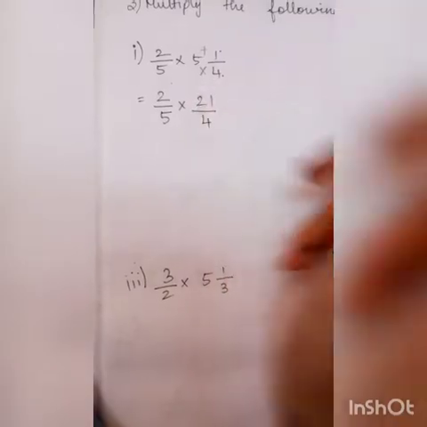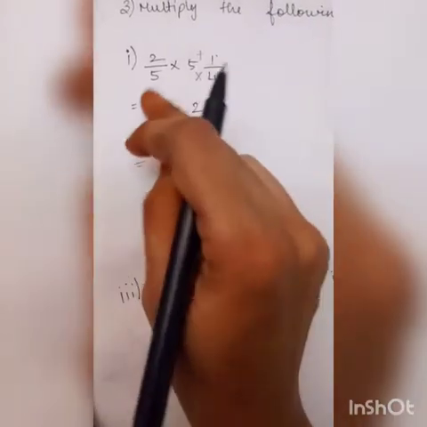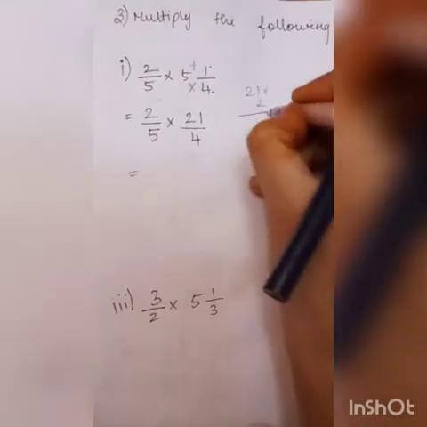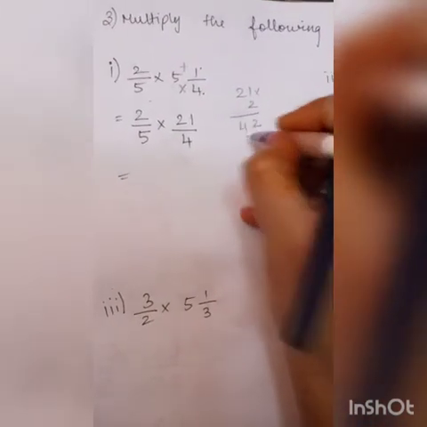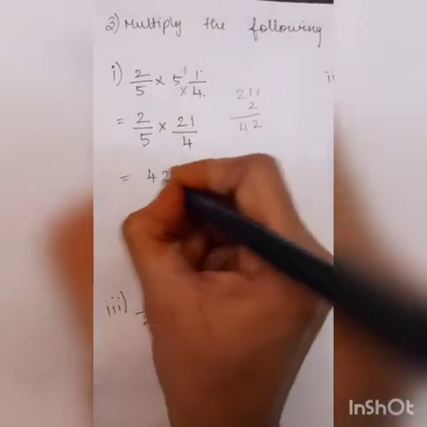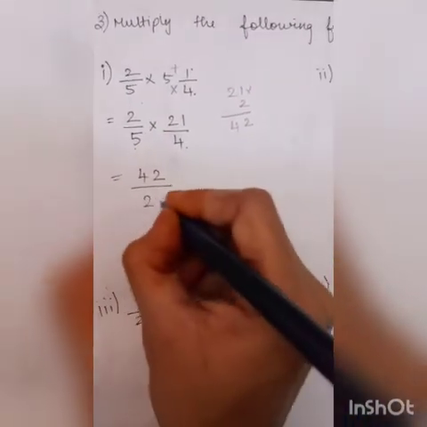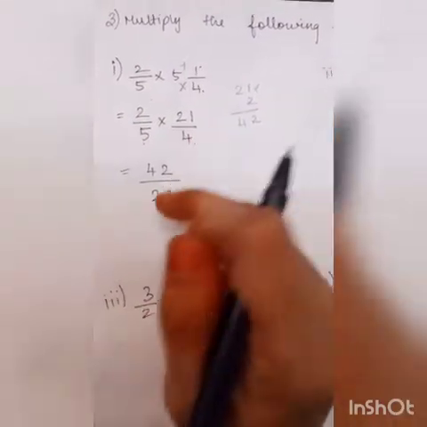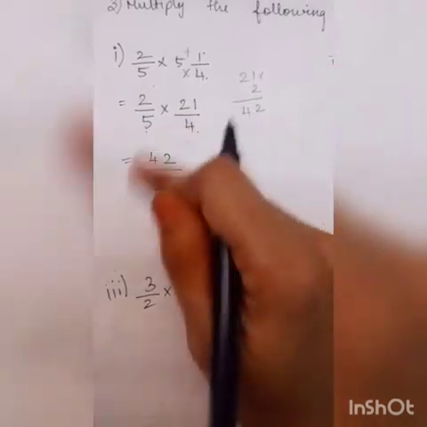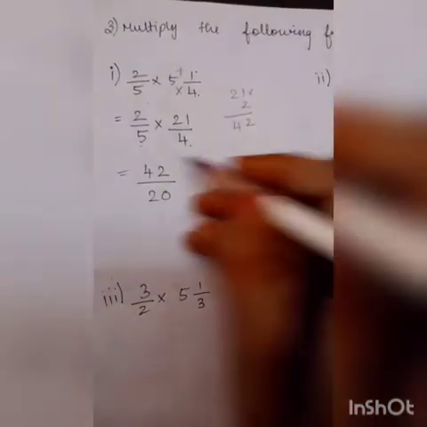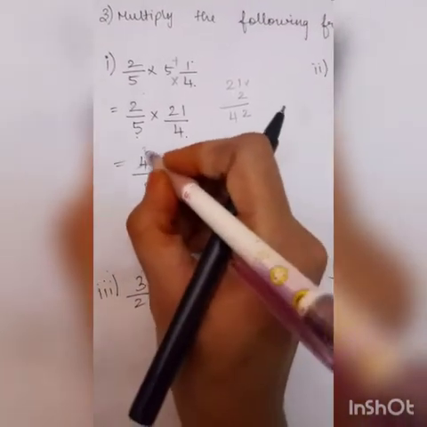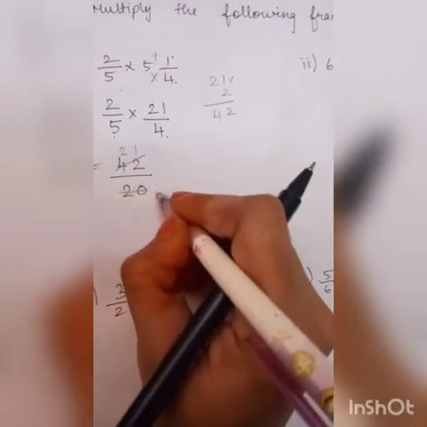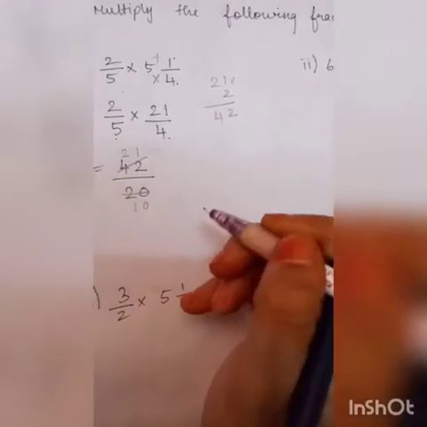Did you get this as a mixed fraction? Yes. Now shall we multiply as such? 21 into 2. 1 2s are 2, 2 2s are 4, 42. 42 divided by 5 4s are 20. Okay, 21 into 2 is 42, 5 4s are 20. Can we cancel this? Yes. In the 2 table, 21, this 10 times, is it?